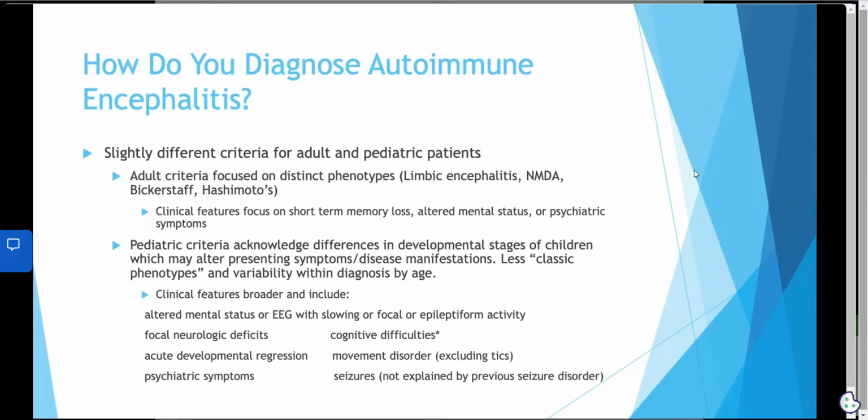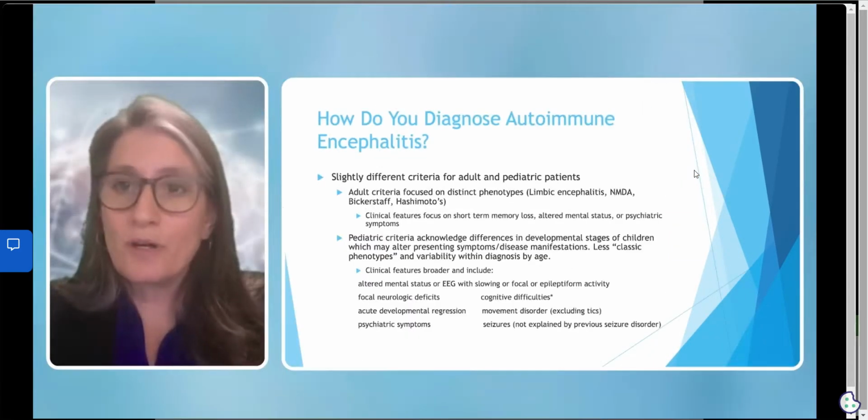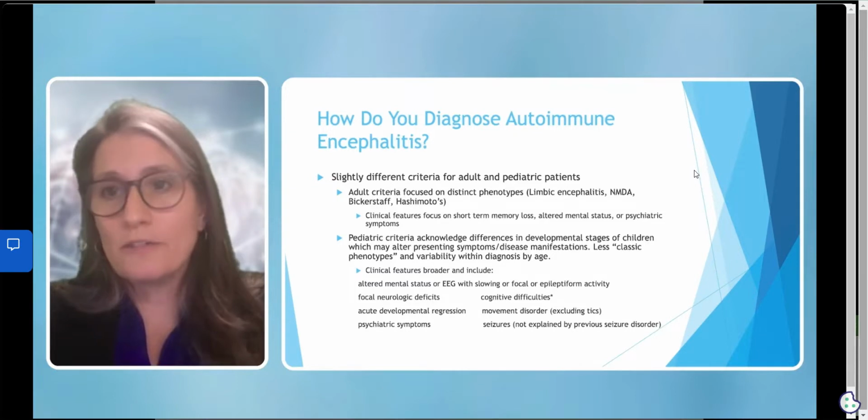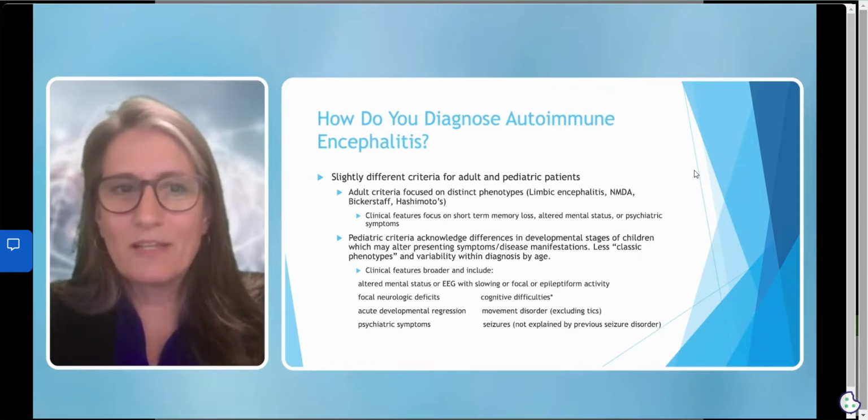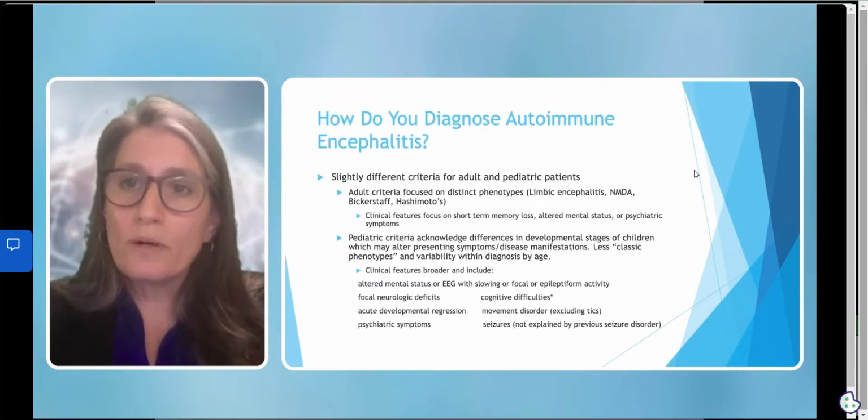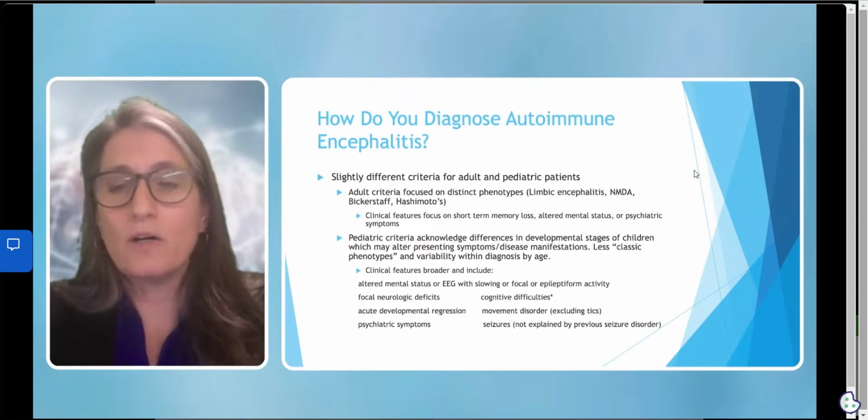The pediatric criteria needs to acknowledge, though, that children are at different developmental stages based on age, and that how they present with autoimmune encephalitis and their ability to communicate or show those manifestations will differ. A 2-year-old with autoimmune encephalitis is likely going to look very different than a 15-year-old with autoimmune encephalitis. And so there's a broader array of clinical symptoms that are included to make one think about autoimmune encephalitis as